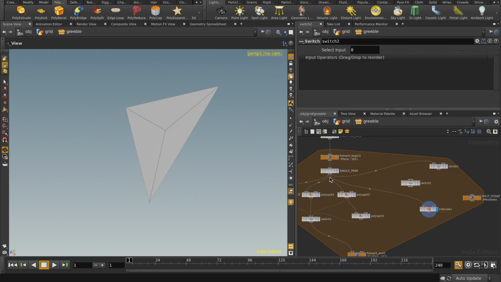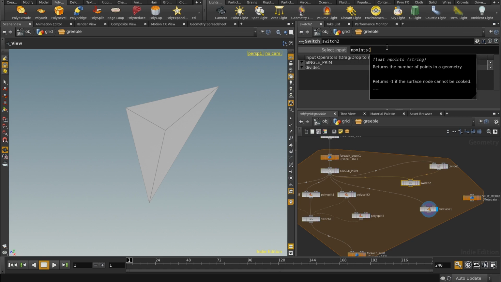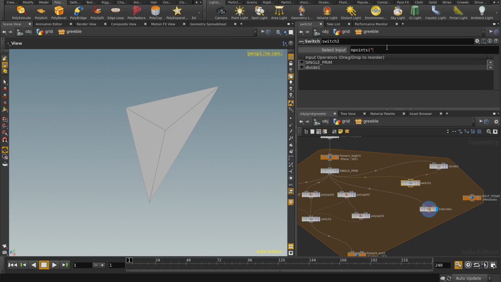So let's say that it's a triangle first coming in, which means we don't need to do anything to it. And then secondly, we will figure out if this has more than 4 points to the primitive, then we'll run through this divide here. So all we need to do for our switch is an expression, and we'll simply count the number of points coming in on this primitive. To do that, there's an expression called npoints, and all it wants to know is which SOP we are interested in. So quote, single prim,